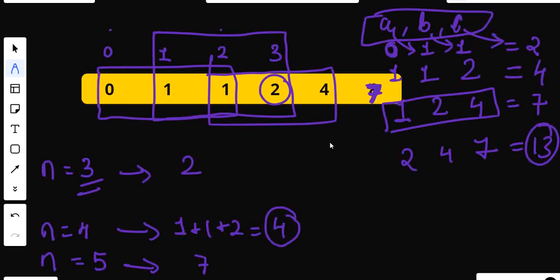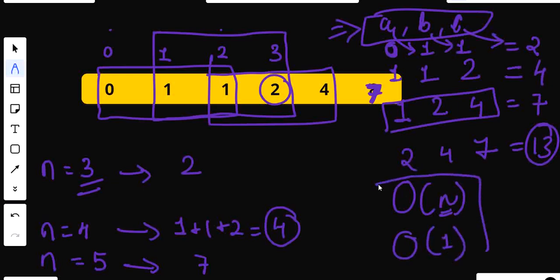The time complexity of this approach will be big O of n, because in order to return the nth number, firstly we need to calculate the nth number in the series. So for that we have to do all these calculations. So for that the time complexity will be big O of n. And space complexity, as we are not using any data structure, we are simply using 3 variables and we keep on updating them. So that's why our space complexity is going to be big O of 1. So this is the most simple and straightforward algorithm for this question.